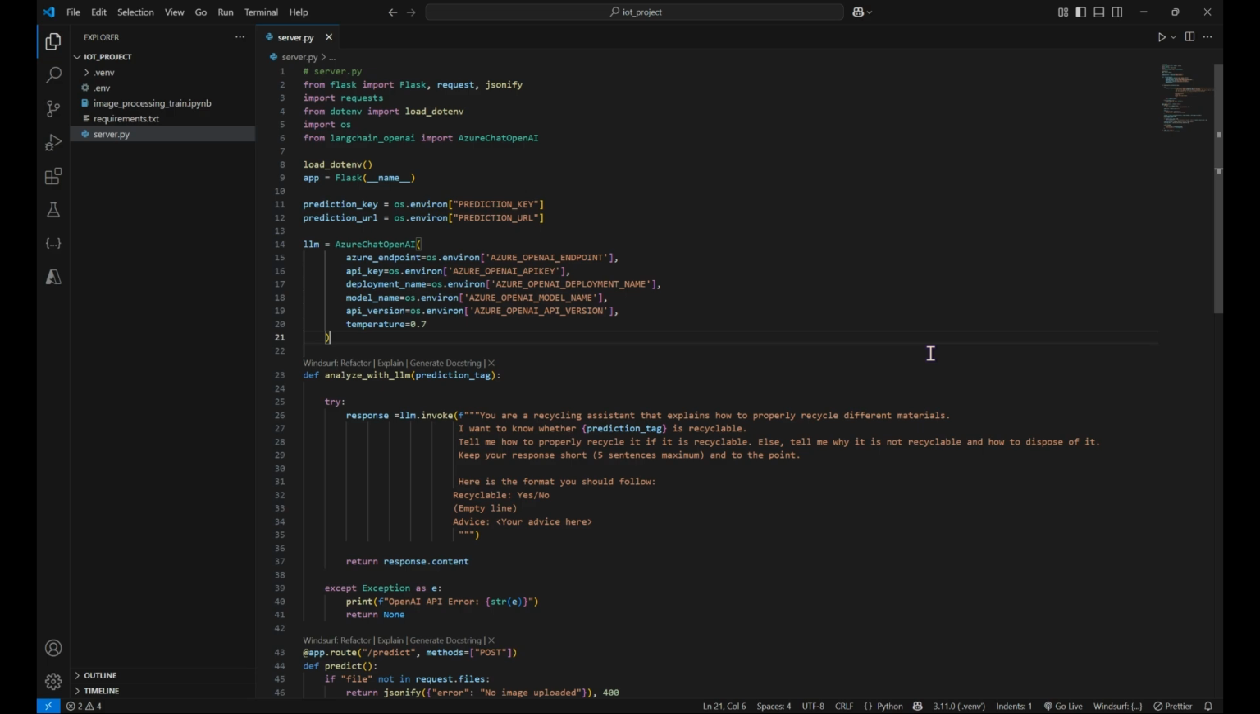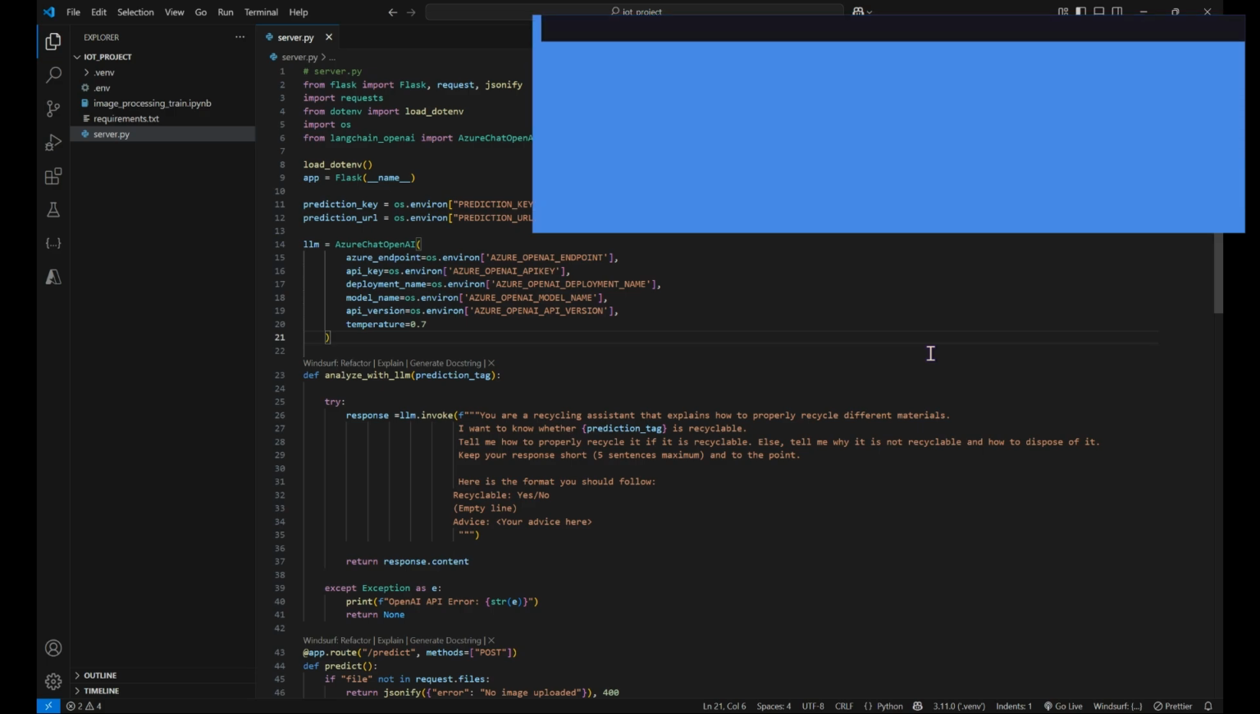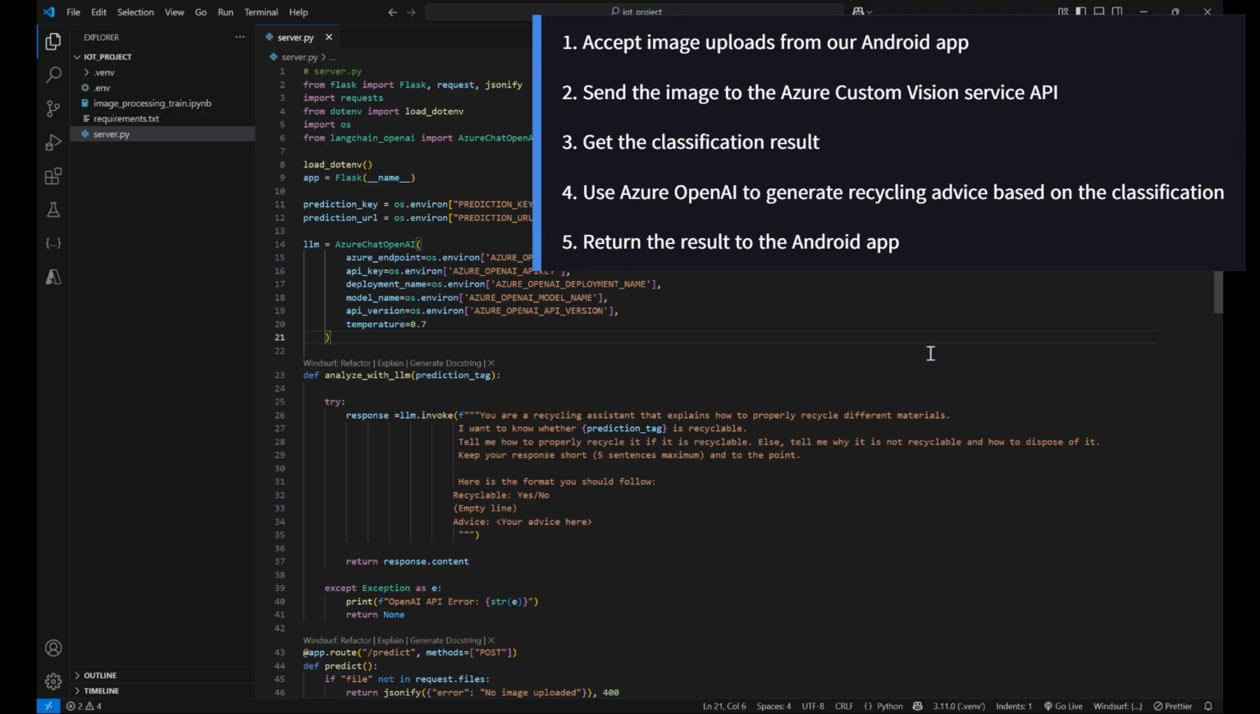We will create a Flask application that will be used in our virtual machine. The application will accept image uploads from our Android app, send the image to the Azure Custom Vision Service API, get the classification result, use Azure OpenAI to generate recycling advice based on the classification, and finally return the results back